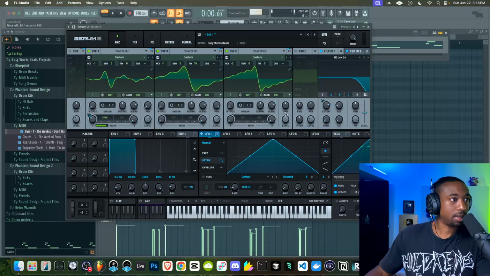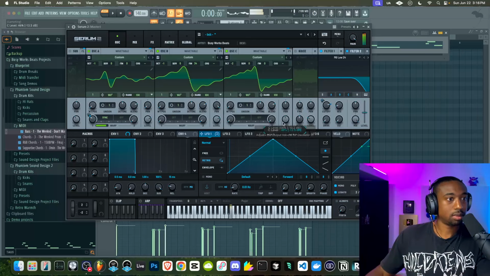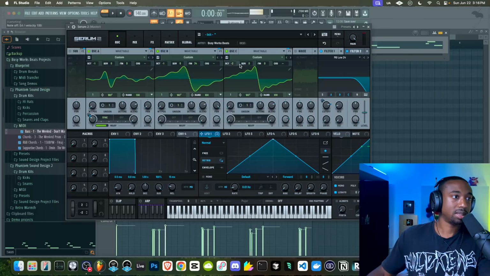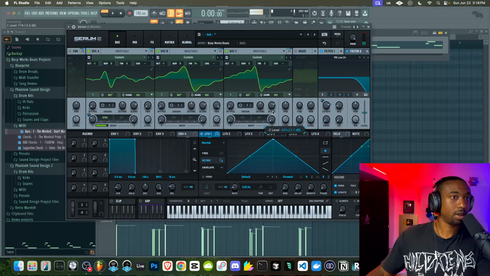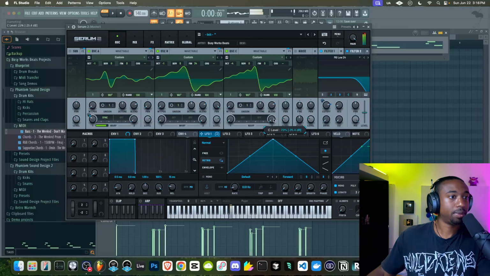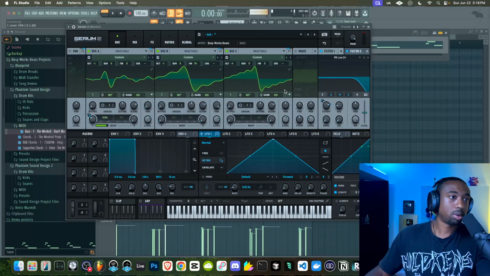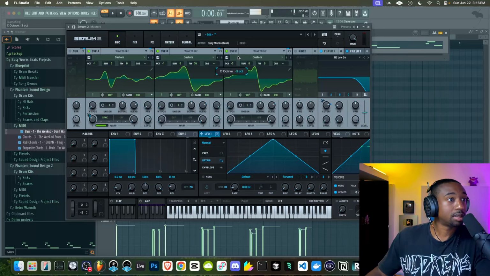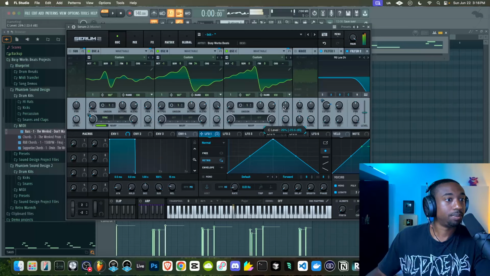So let's drop this one down an octave. And if we want more of that brrr effect, we could just turn it up. Now, if we want this to be more of an LFO, we would drop it all the way down. Hear the volume go like that. So it'd be normal shapes like a sine wave. In this case, I'm using a really weird wave. But we can also modulate the volume that way. But let's just keep it at -2 for now.